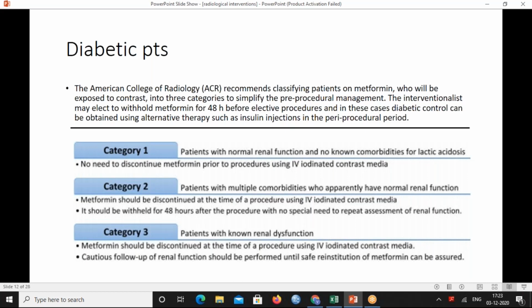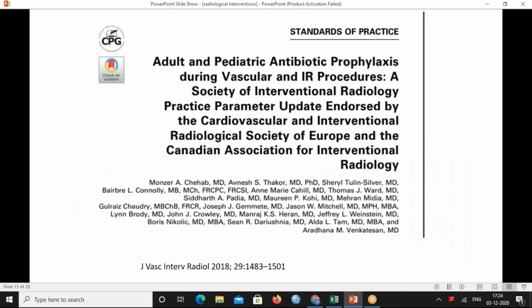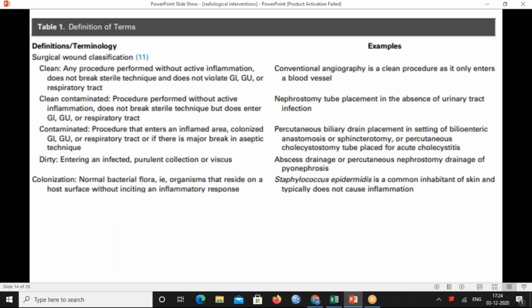And for category 3, with known renal dysfunction, metformin should be discontinued at the time of procedure and should be restarted only after renal function is reassured. Again, for the use of prophylactic antibiotic in cases of vascular and IR procedures, there have been standard of practice SOP guidelines from the Society of Interventional Radiology, and they have divided the procedures into the type of wound. If the wound is clean, contaminated, or dirty, they have decided whether the prophylactic antibiotic should